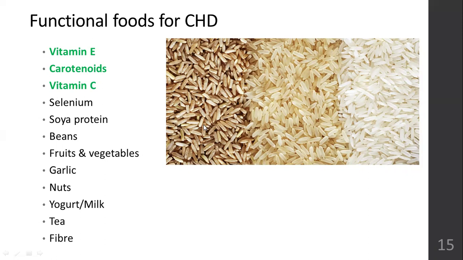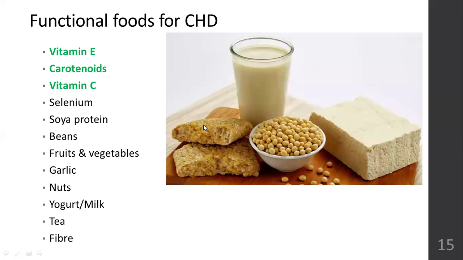So that's about selenium. Next is soya protein. Anything that is a soya product, soya milk, soya bean, tofu, tempeh, fermented soya beans, all these are great food options for people who have cardiovascular diseases. If you suffer from thyroid issues, if you are diagnosed with hypothyroidism, only then avoid it. If not, you don't have to avoid soya products, because the benefits soya products can give you are far more than fearing for thyroid issues.